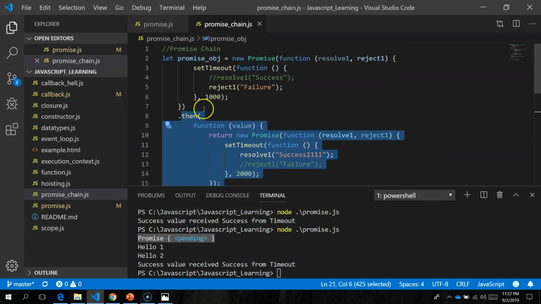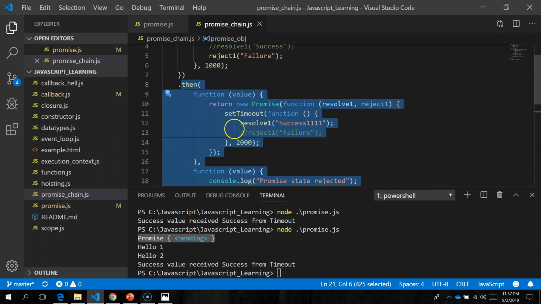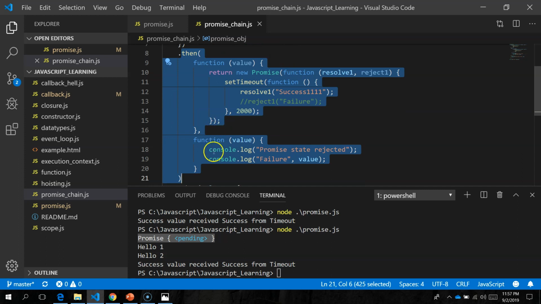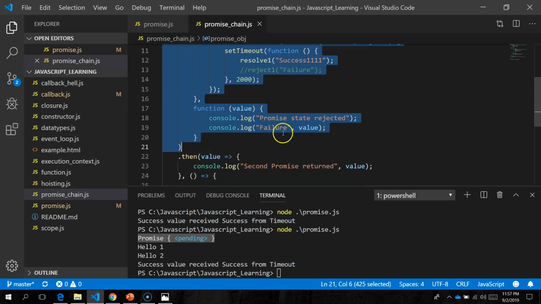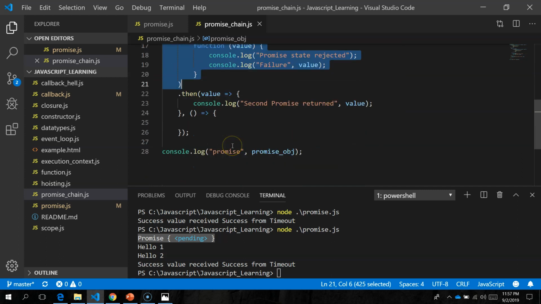After that, when this gets resolved, I am saying that you create another promise. You are seeing here, right? And over this, you can add another promise. So in promises, you can easily add a chain. Once this completes, you can do another thing. Once this completes, when it gets resolved or rejected, you can easily do.